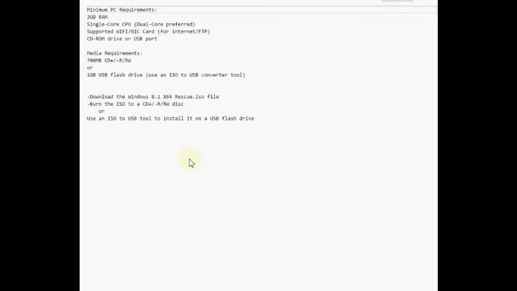Or if you have a computer without an optical drive, or you just want to put it on a flash drive, you'll need at least a 1 gig USB flash drive. And you can use something like ISO to USB, the Windows 7 ISO to USB tool and things like that, which can take that ISO file and copy it to a flash drive for you. So you've got some flexibility whether you want to use optical media or flash media. And again, it's simple to get. You download the file, you burn it to the CD or use a USB tool, and that's all you've got to do. So there's this out, and you can get a couple of screenshots here that we look at, but